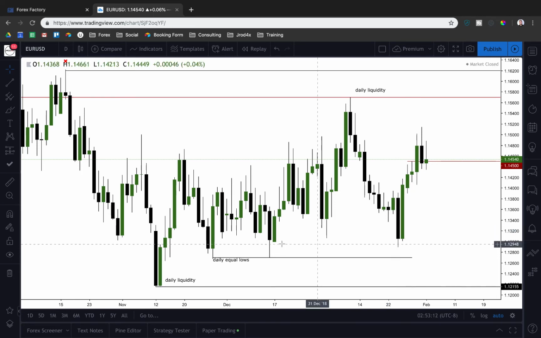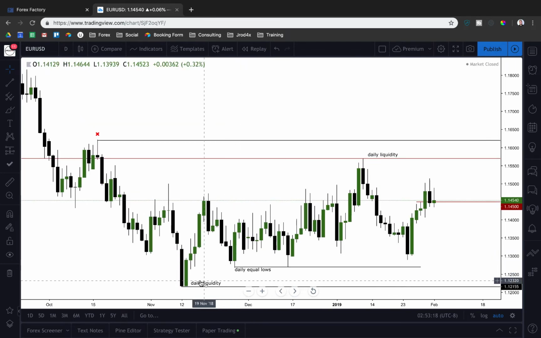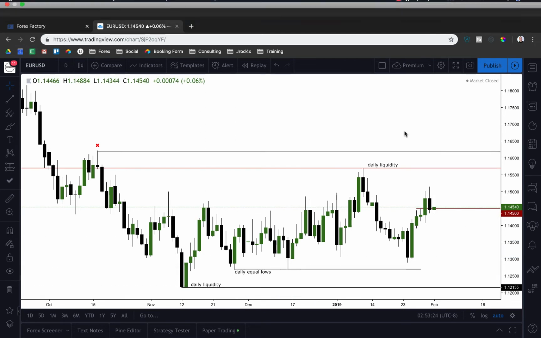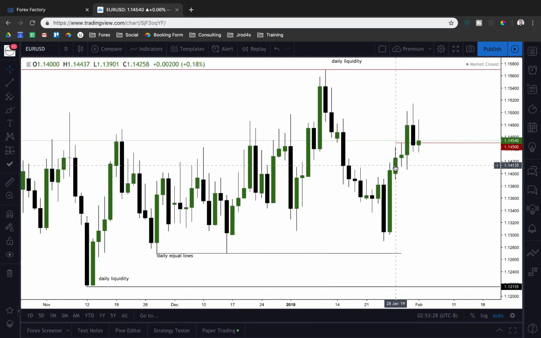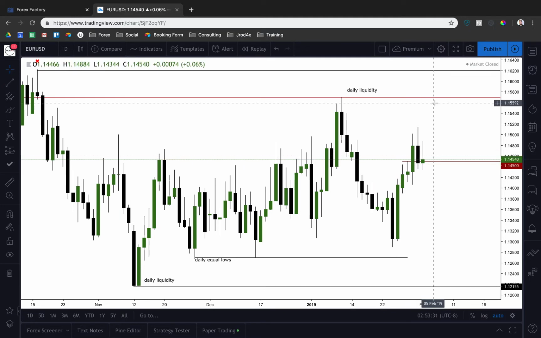If we can do that, then it's pretty clear where we'll be heading next, which will be this 1.1270, which is the daily equal lows, and then we've got some daily liquidity resting below at the 1.1220 to 1.12 big figure levels. So that's what I'll be looking at in terms of the downside, but for the most part for this week, I will be anticipating higher prices on euro with the expectations of dollar index continuing lower.